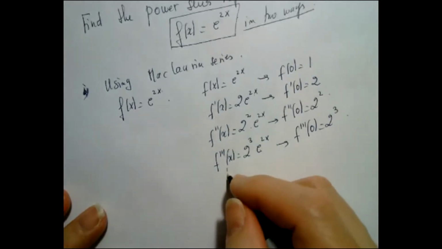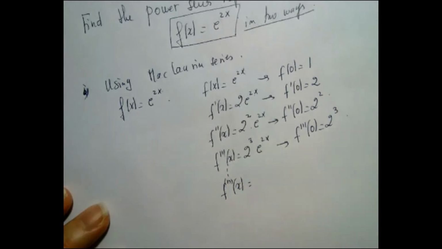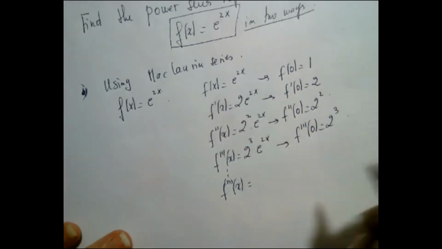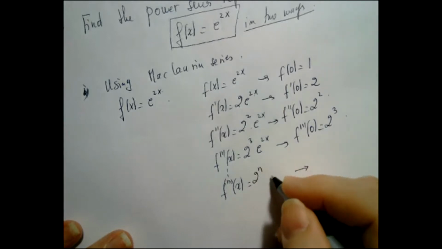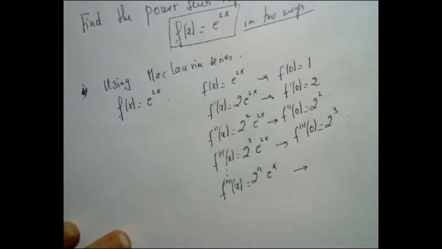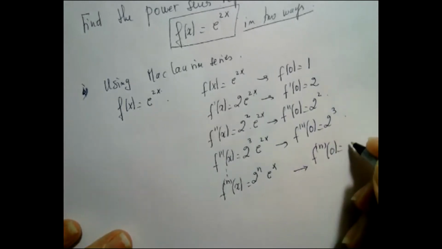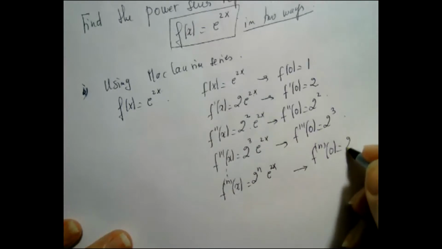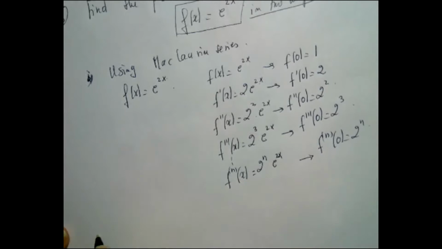So what is the nth derivative? What's the pattern? 2 to the n power. Exactly, 2 to the n power e to the 2x. It means the nth derivative at 0 is 2 to the n. Right? So the function e to the 2x